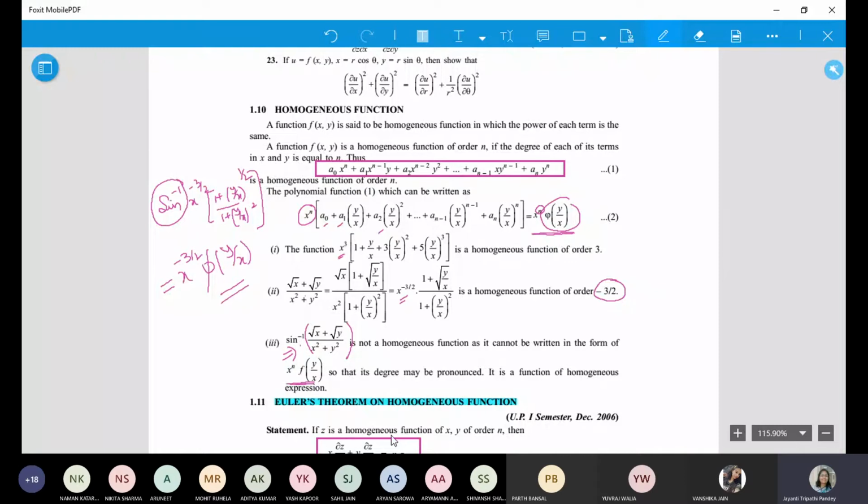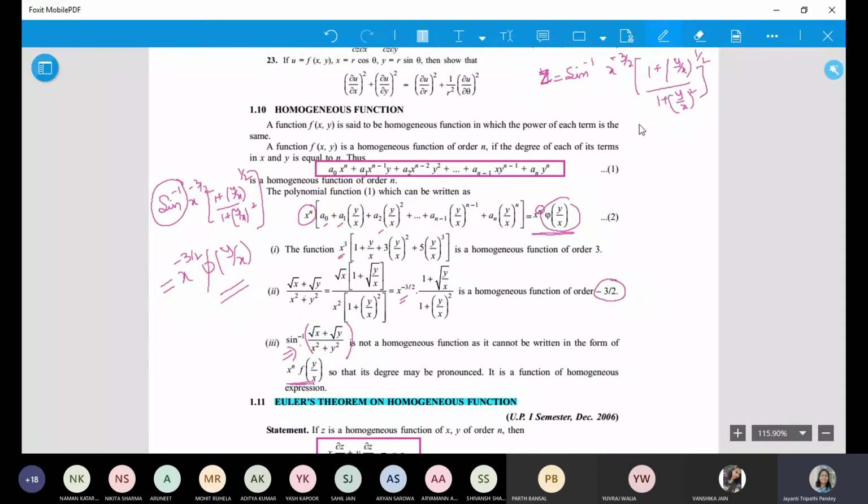It's a function of sine inverse. So when sine inverse or log or something else is involved, if you want to take it in the homogeneous form, we need to use some kind of substitution. Like if you have y is equal to sine inverse of this thing, x to the power minus 3 by 2, suppose we have this, not y, it should be z, half upon 1 plus y by x square.